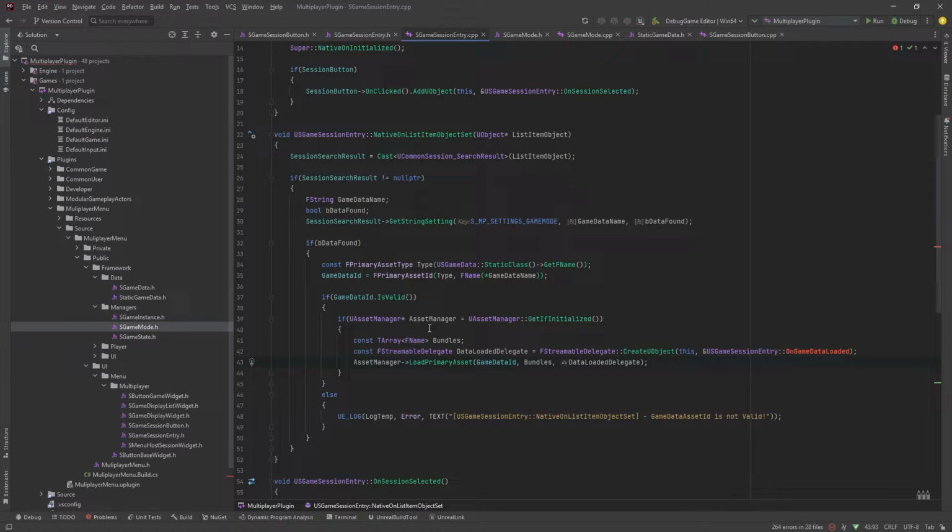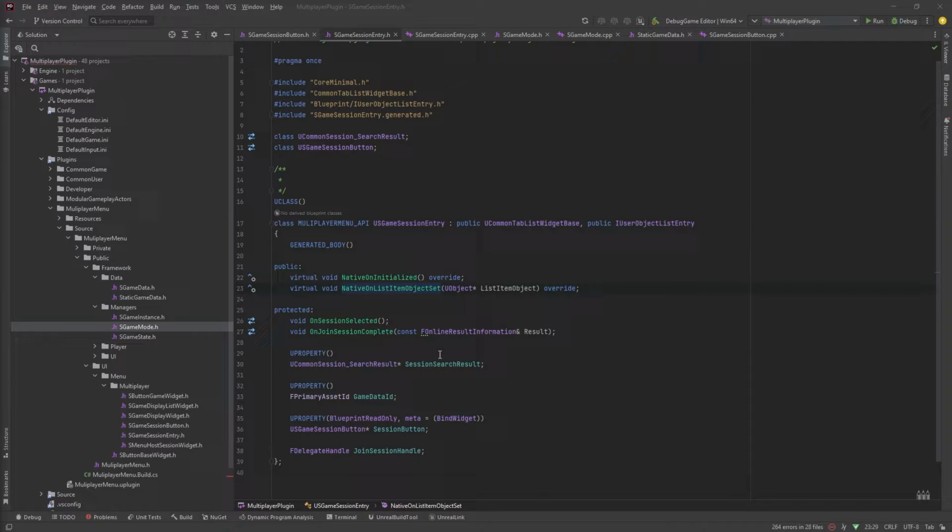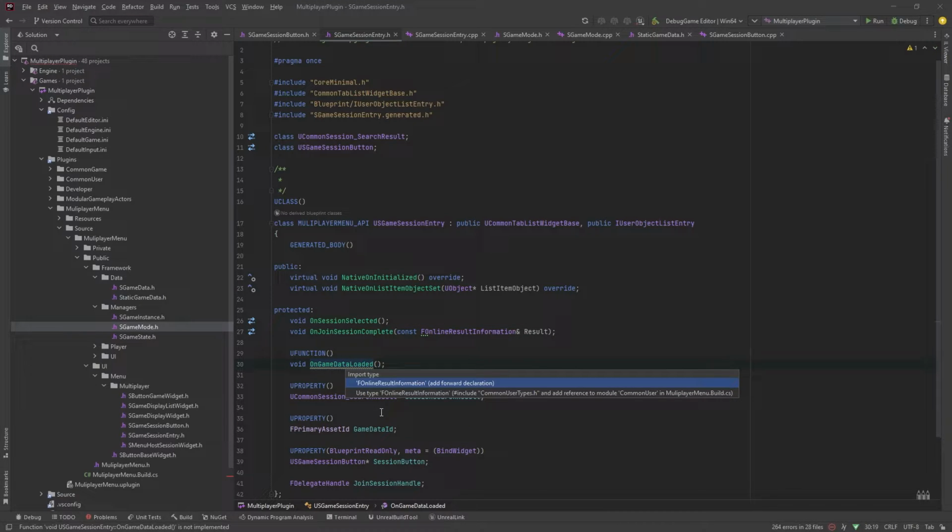So we're going to load our game data ID with a blank bundle, doesn't matter, and pass the delegate to call when it's finished loading the game data ID. So let's create this function here, and this should be a UFUNCTION because it's going to be called from a delegate, although I think because it's not, so